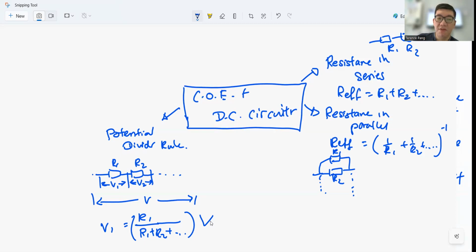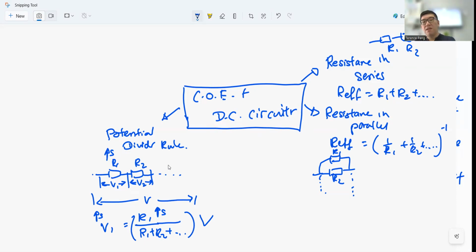So the potential divider rule is a very important rule because we'll be dealing with it in DC circuits. Understanding how the relationship works is very important. For example, if I somehow were to increase the R1 value, can you tell me what happens to V1? Increase. It will increase as well. Similarly, if I decrease it, then V1 will decrease as well. So understanding this relationship is very important